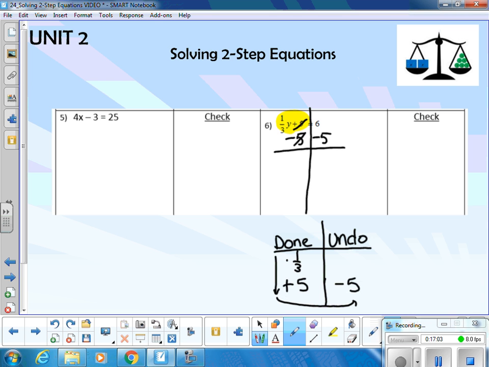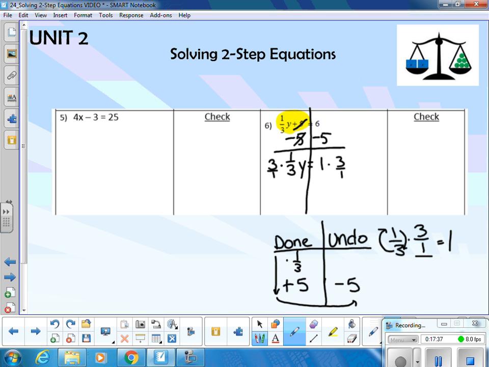5 minus 5 leaves me with just 1/3 y. 6 minus 5 is just 1. Now, to undo that times 1/3, we're going to multiply. Remember, if we have 1/3, we can multiply by the reciprocal to get just 1. That means I take this and I flip it around. So I'm going to multiply by 3/1, which is the same thing as multiplying by 3. So let's multiply by 3/1,